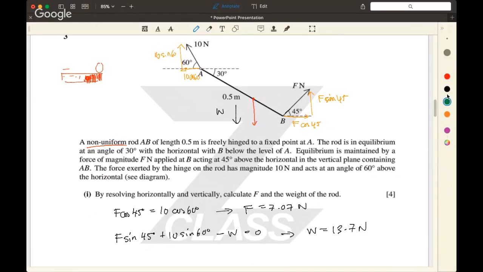Now, if we're looking for moments about A, you remember how to get moments. You take a moment about a point, and you measure the distance from that point to the line of action of a force. So we're firstly going to resolve this weight like so and like so. And this is the line of action. Moments only care about things that are at right angles to this lever. If they're going along the lever, that makes no difference, the moment's all about cranking something around a pivot point. So it doesn't care about the stuff that's along the rod, because that will just stretch or shrink the rod. Irrelevant. What we care about is this one that's at right angles to the rod, and that has this line